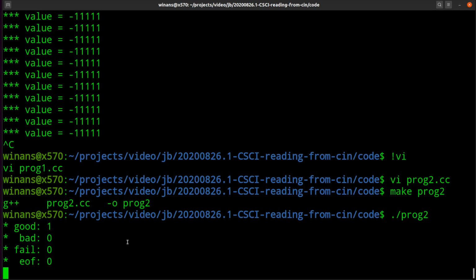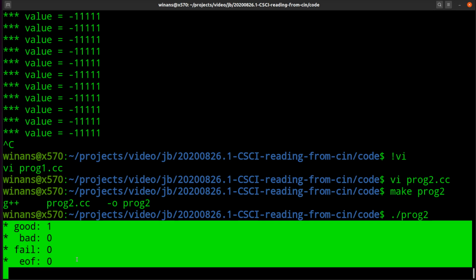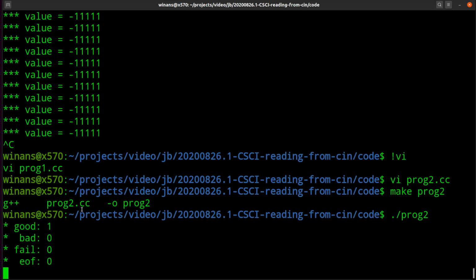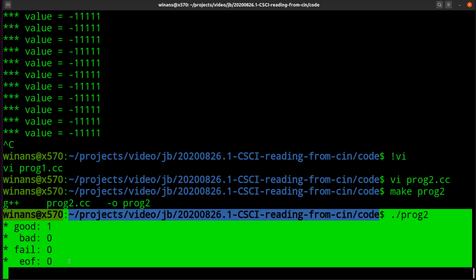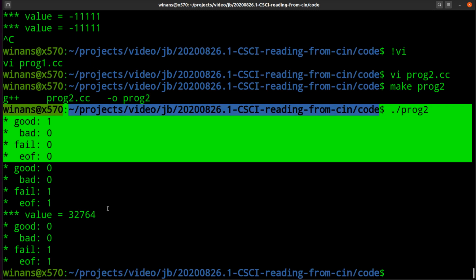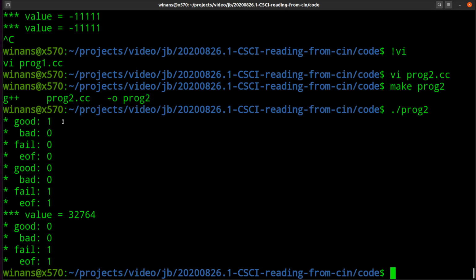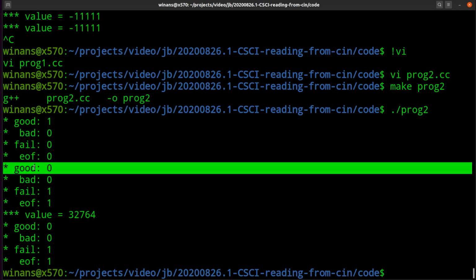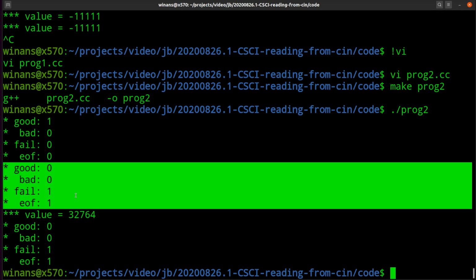If I hit Control D right now to tell it, hey, this is the end of the file, it has already tested the status, right? So it doesn't have end of file now, but it will once I hit Control D, all right? Now let's see what happens. You see it, I hit the Control D right there, and then it printed out these values again. This is inside the while loop, remember?